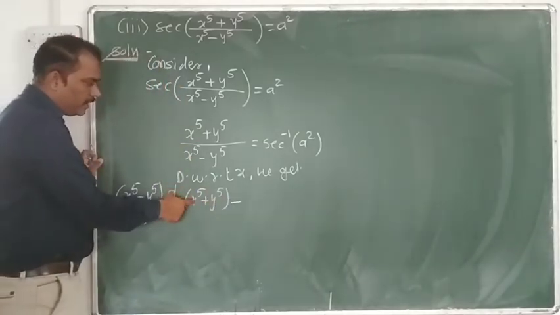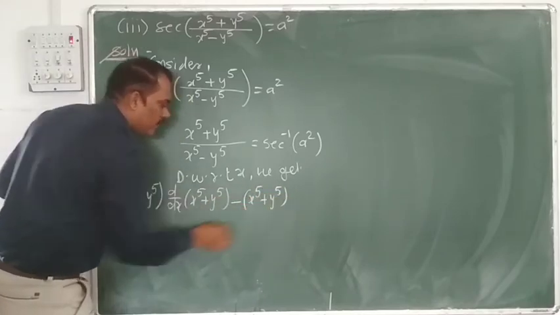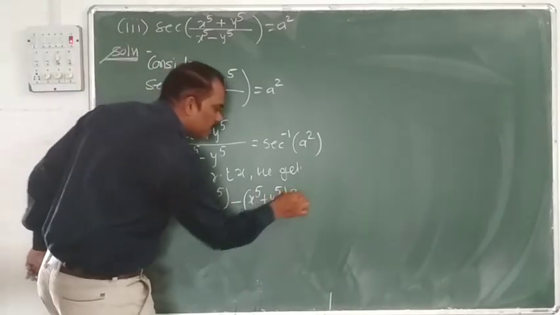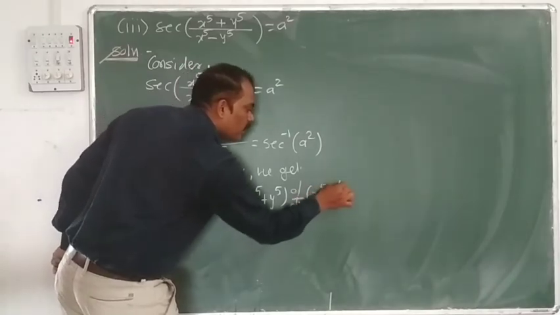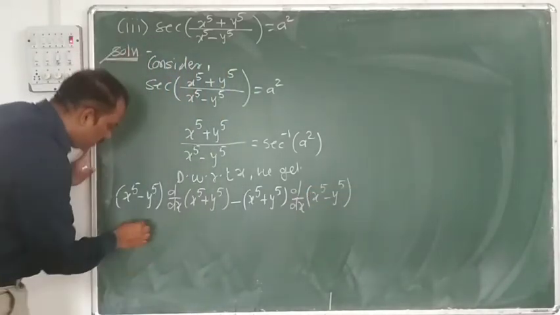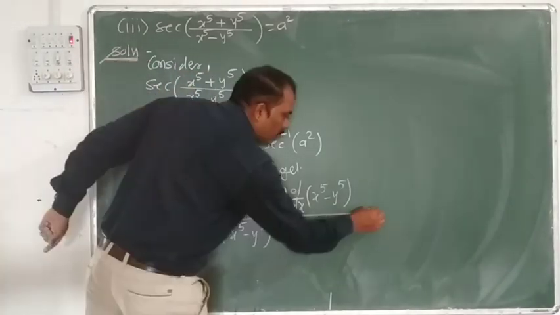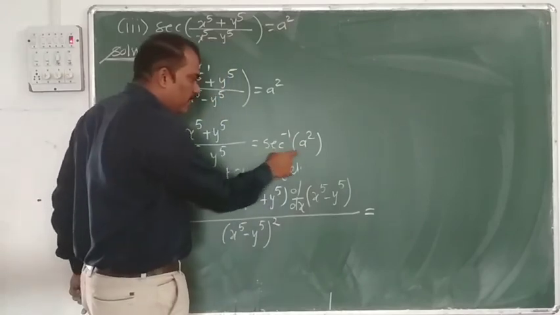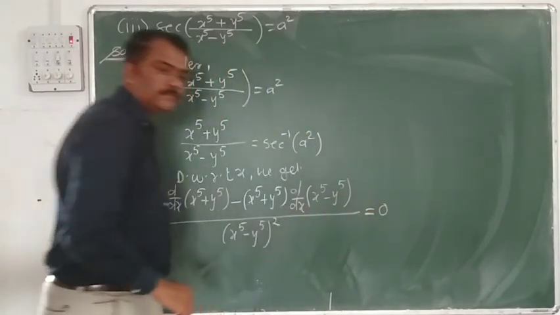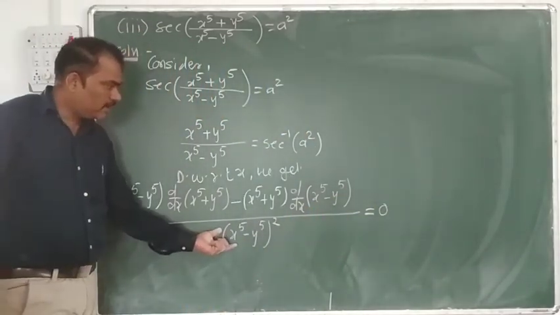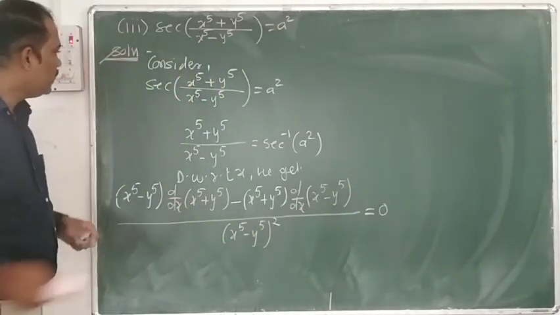minus numerator, that is x raised to 5 plus y raised to 5, into the derivative of the denominator, that is d/dx of x raised to 5 minus y raised to 5, whole divided by the denominator square. On the right side, a constant, the derivative of sec inverse of a square is 0, so that we get 0. Now we have to transfer this denominator to the RHS, 0 into something, we get 0, so that we can write